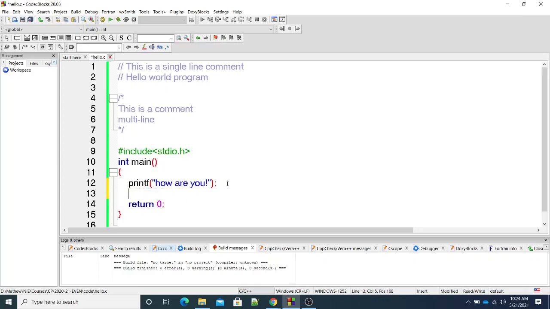So as a safe recommendation, you always put return 0 at the end of main. This 0 corresponds to this integer. This integer indicates that the main function is returning an integer, and this 0 corresponds to that integer.